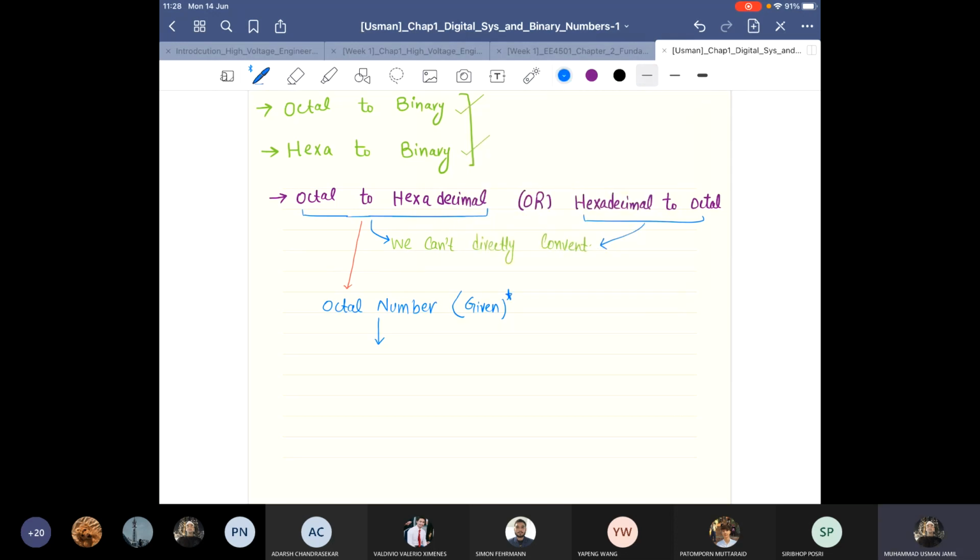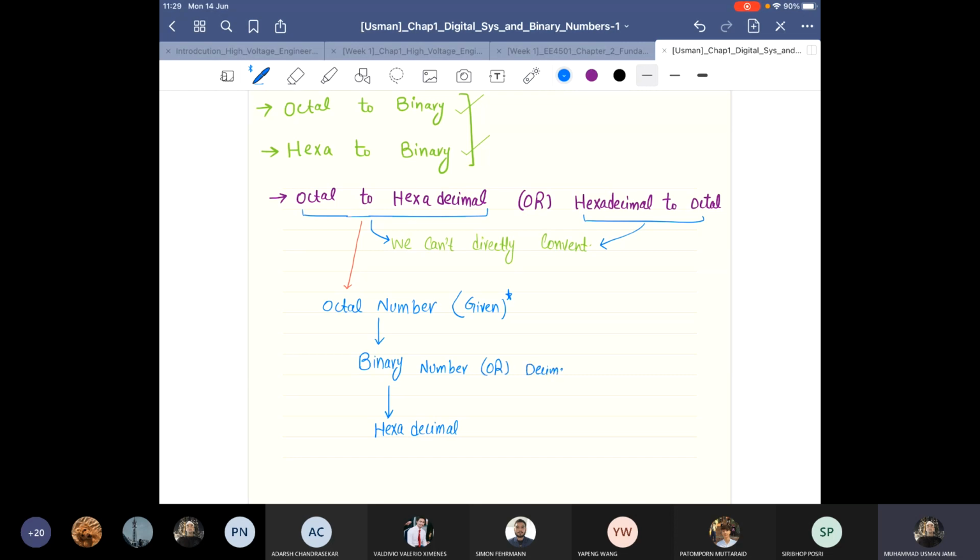Okay, so we can convert the octal number to a binary number, and then this binary number we can convert to hexadecimal, or we can convert the octal number to a decimal number.